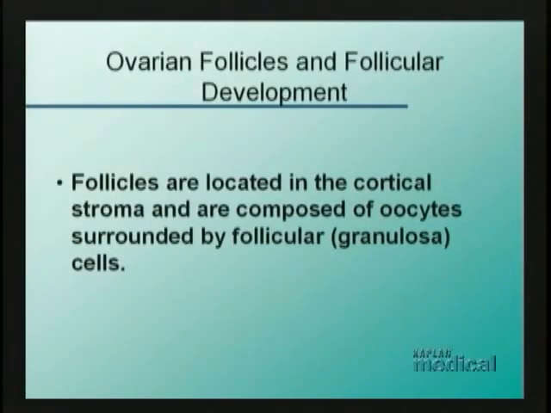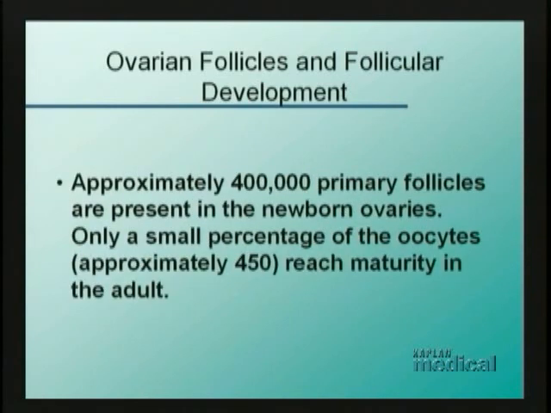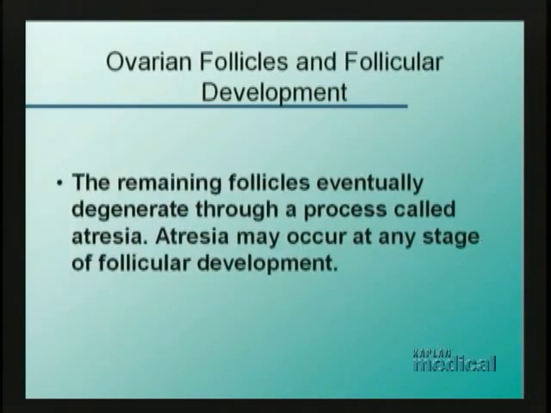So this is the point that the ovarian follicles are situated in the area of the cortex, and the oocytes themselves are surrounded by a secretory or follicular epithelium that is formed by follicular cells, also known as granulosa cells. At birth, there are 400,000 primary follicles, but as we know, only a very small percentage of those will actually reach maturity and will be subsequently ovulated at the rate of 1 a month. The remaining follicles degenerate progressively through atresia, and atresia can occur at any stage of follicular development, particularly in